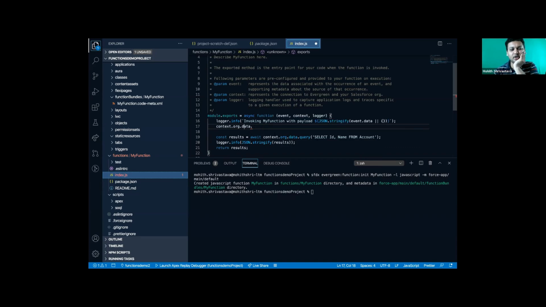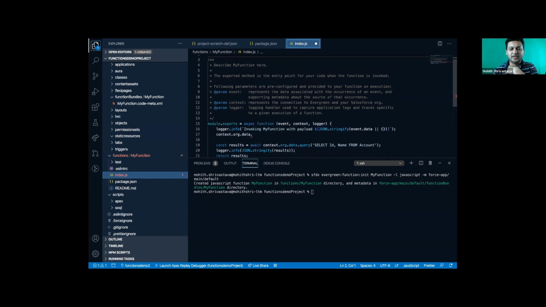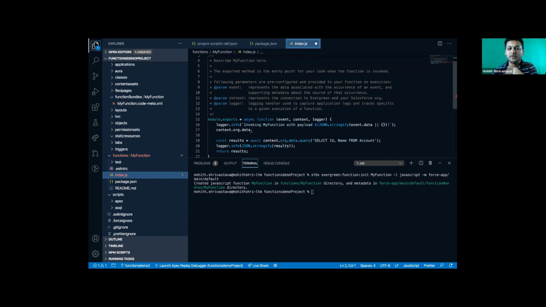So for example, in this context, all that I'm doing is context.org.data.query, where I'm just querying all the accounts in my current scratch org, and then I'm just logging them and returning them. I'm not doing anything else, so let's keep it as it is. But this is where you will be able to import more modules, like Node modules using require. If you have TypeScript, you'll use import statements to import those modules. Once you have those modules, you will write your logic. This could be many rows, there's no limit for it,